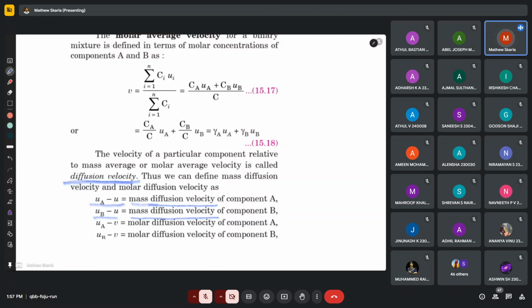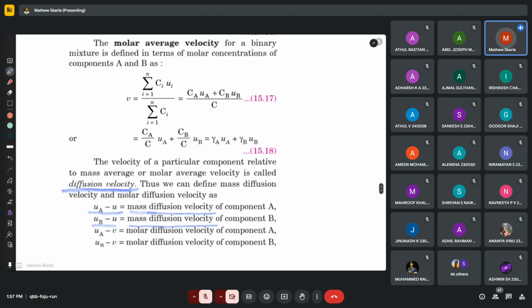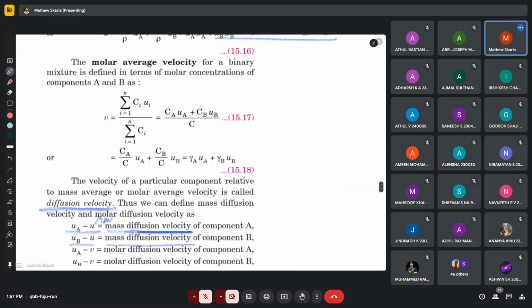അപ്പം ഒരു ഗ്യാസ് ആക്ച്വലി U എന്ന് വെച്ചാൽ ആക്ച്വലി ഇറ്റ് ഇസ് ആവറേജ് ആണ്, ആവറേജ് വെലോസിറ്റി. UA എന്ന് വെച്ച് കഴിഞ്ഞാൽ ആ കമ്പോണന്റ് എയുടെ വെലോസിറ്റി. മാസ് ഡിഫ്യൂഷൻ വെലോസിറ്റി എന്ന് വെച്ചാൽ എന്താണെന്ന് പറയാം. അപ്പം ഒരു ഗ്യാസ് എടുക്കുകയാണെങ്കിൽ